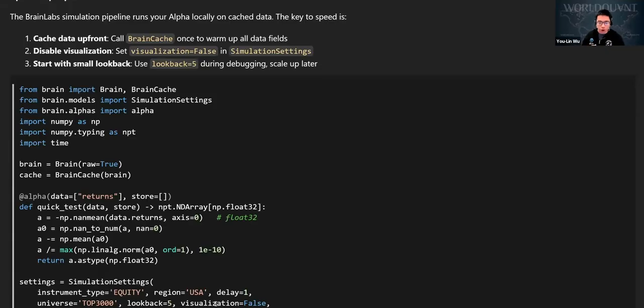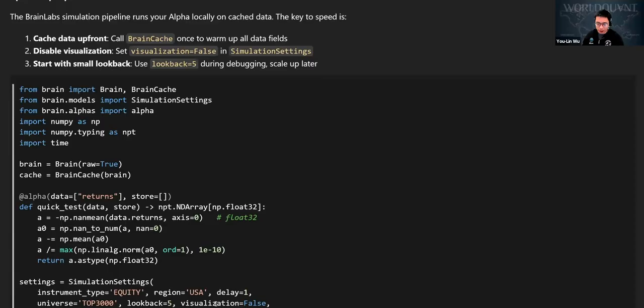If the alpha logic correctness doesn't depend on having a large window, of course. Using a very small lookback, you're essentially checking for errors and NaN handling. You're not really tuning performance. Once the logic is correct for your Python code, it's now safer to scale up to actual targeted something like